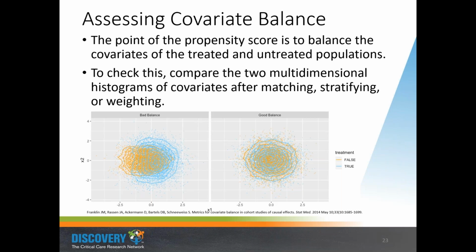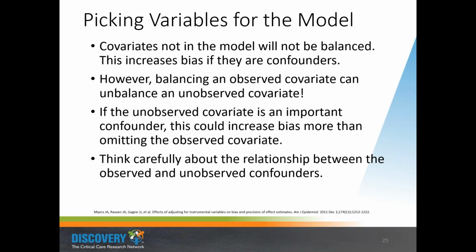So how do you check if your propensity score has done a good job at getting you into that RCT world? You take all the matched patients and you compare. Ideally, you would compare these two multidimensional histograms of covariates after you do your matching or your stratifying or your weighting, whatever it is that you're doing with the propensity score. Now, that's actually kind of a hard thing to do, because this is a little toy example where there's only two covariates. You can imagine making a scatter plot like this in 20 dimensions or whatever, and it's just not really easy to look at or understand. So people use heuristics, which I will describe here.